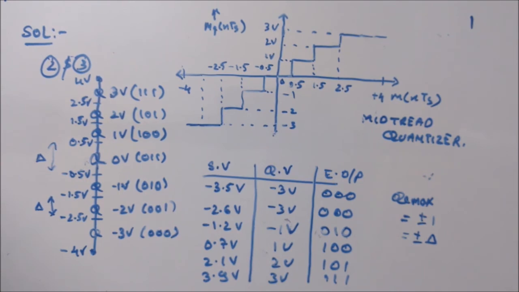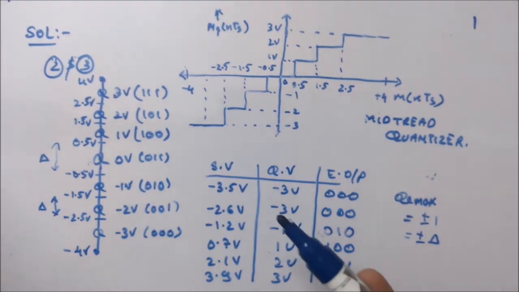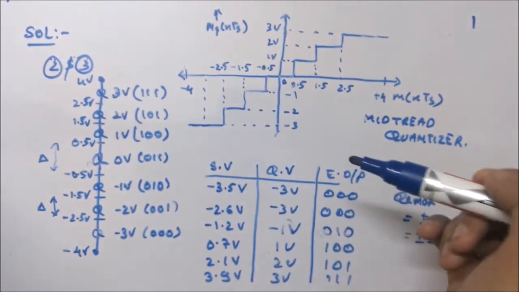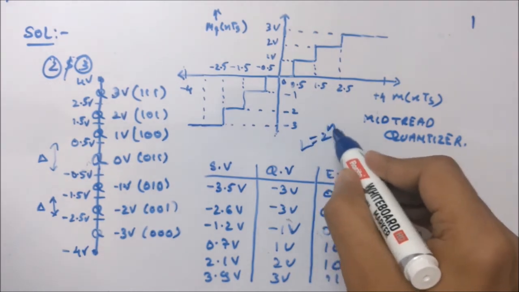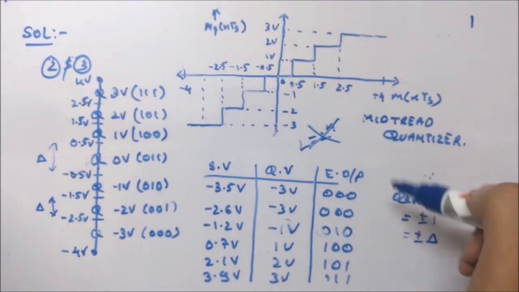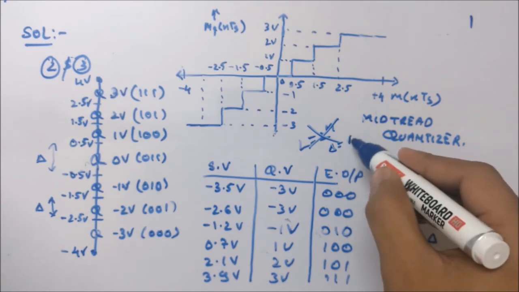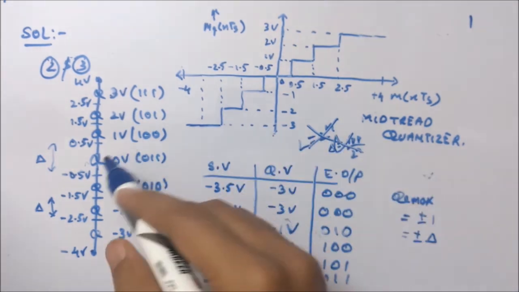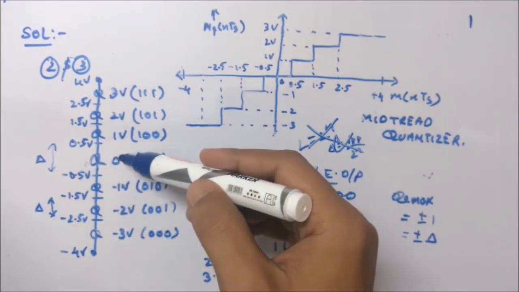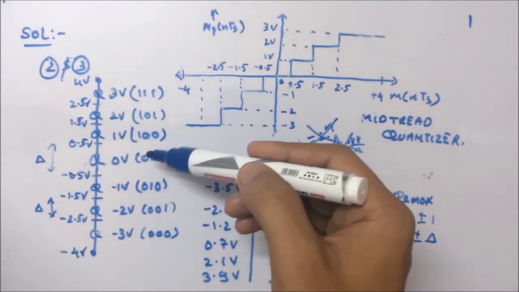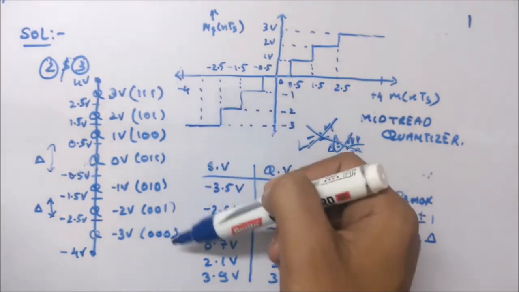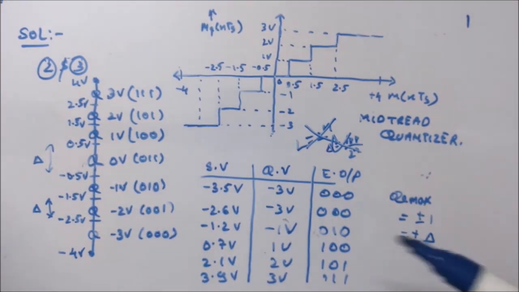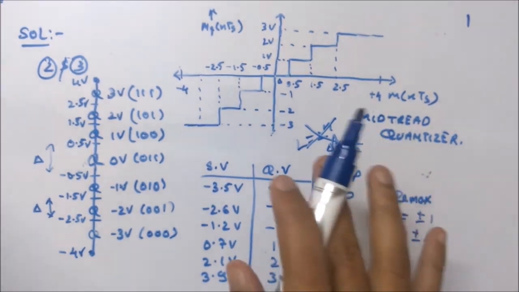So I hope you got the important points. About the mid-thread quantizer, one of the quantized values is 0 volt. Because of that, L is not equal to 2 to the power n, and the delta value will be the same, which is V peak to peak divided by 2 to the power n, and you proceed via 0 volt. One of the quantized values will be 0 volt, others will be half above 0 volt and half below 0 volt. The delta value will be the same. So you have to think about these things.